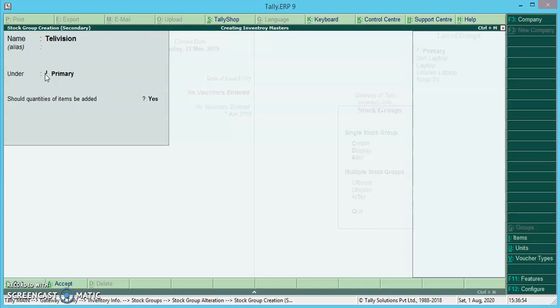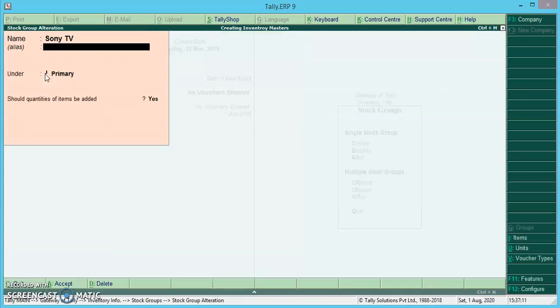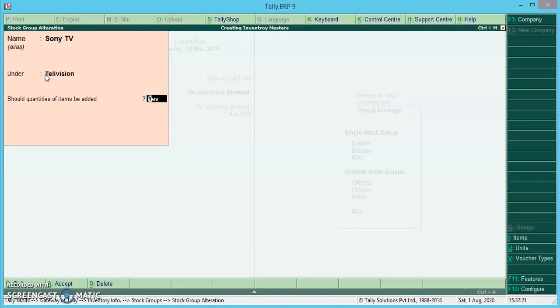Quantities added, yes. Enter yes. Now I want to alter Sony TV also under the head television. So select Sony TV. In the under field, select television. Accept yes.